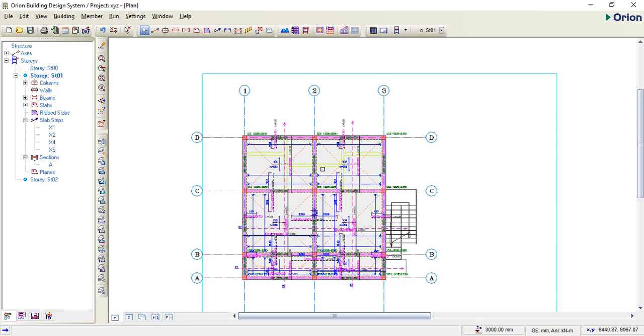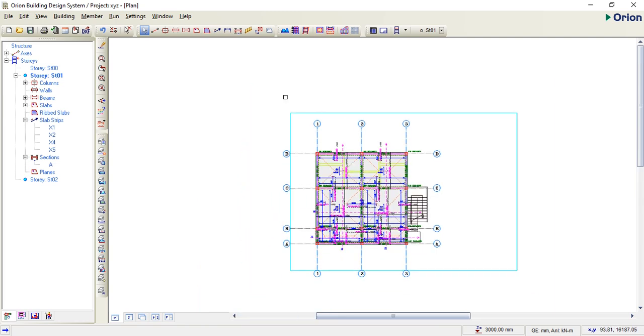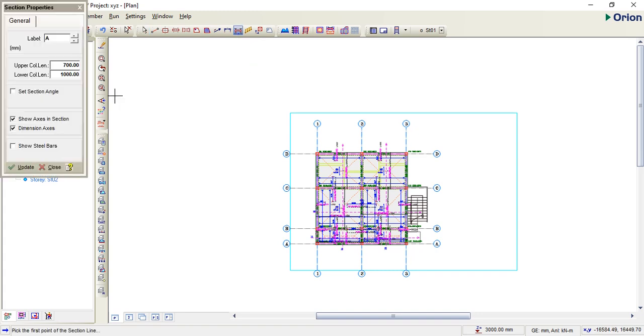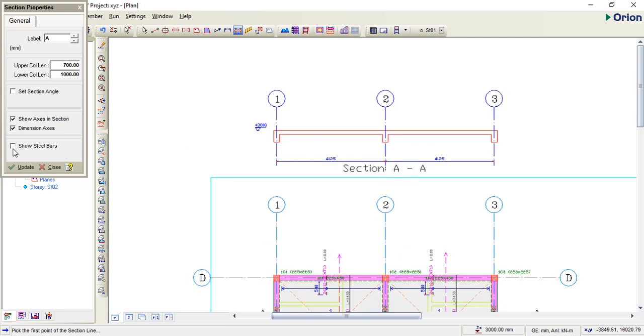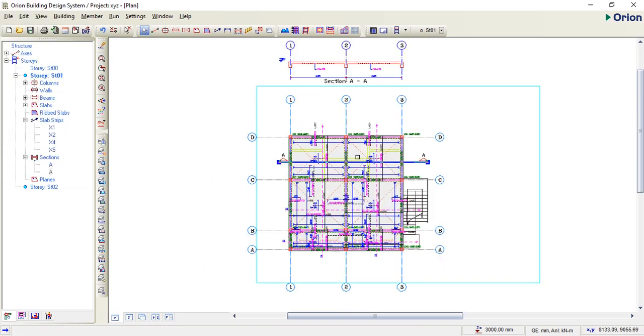We can as well cut a section here. So how do we do that? You click on this, which is the section icon, click on it, click on that, then click the first point, holding the control key. The second point here, you pull it up and drop it somewhere there. Now looking at this section, there is no reinforcement inside. You come over to this place and show steel bars. Once you click on show steel bars and update it,